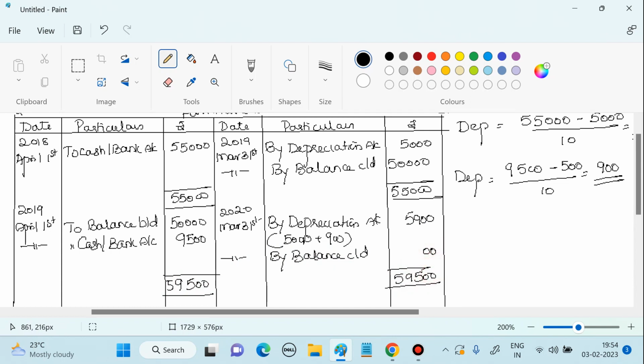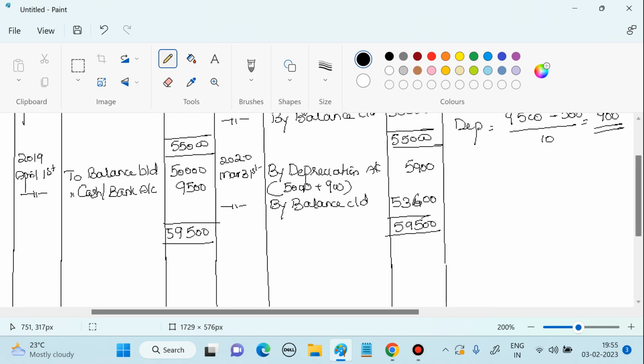Yeah. So 9 plus 6 will be 15, 1, 6, 3, 53,600 would be the balance of that furniture, which will be carried forward to next year. So 2020 April 1st, to balance brought down 53,600. Then after that,